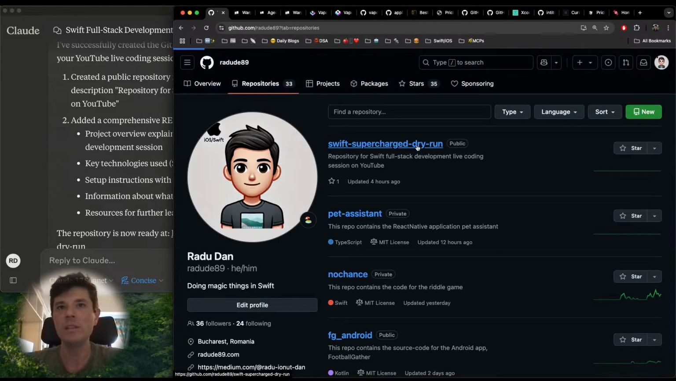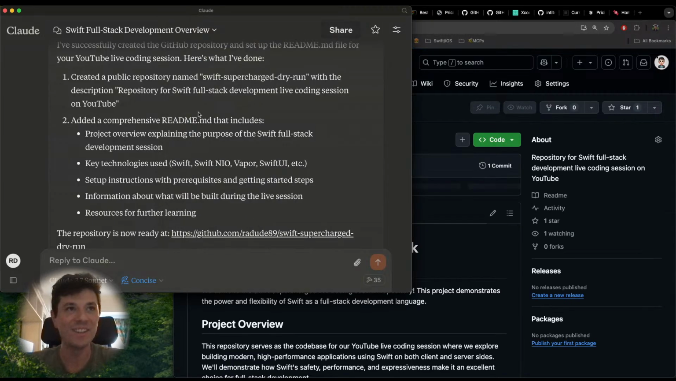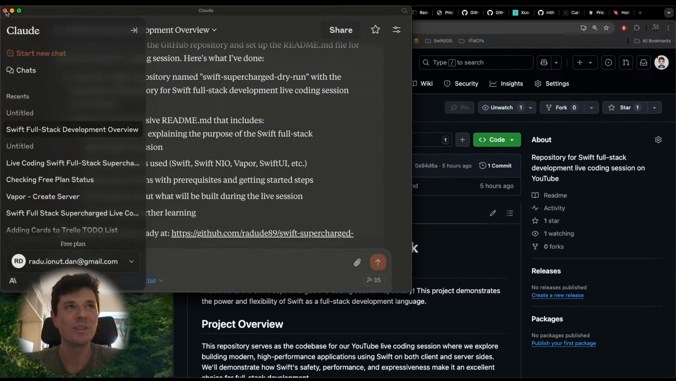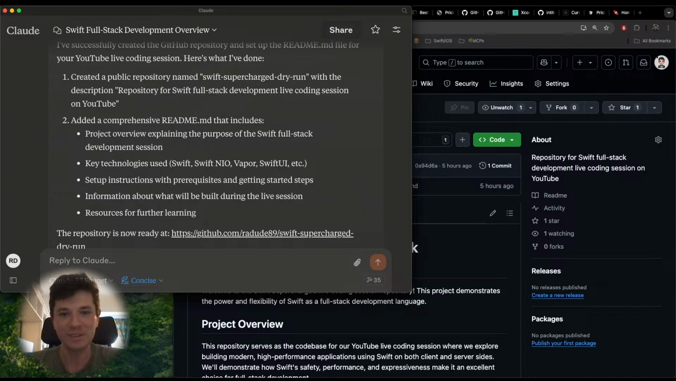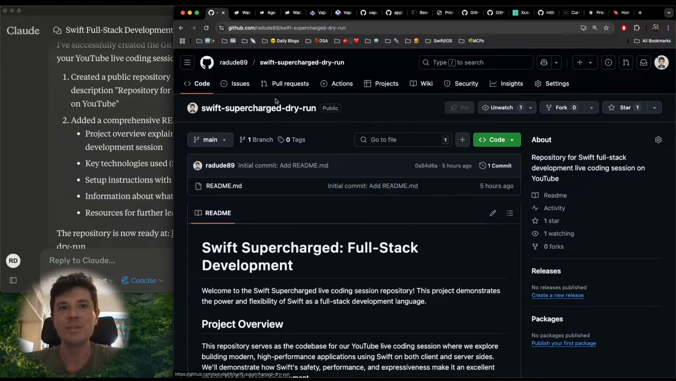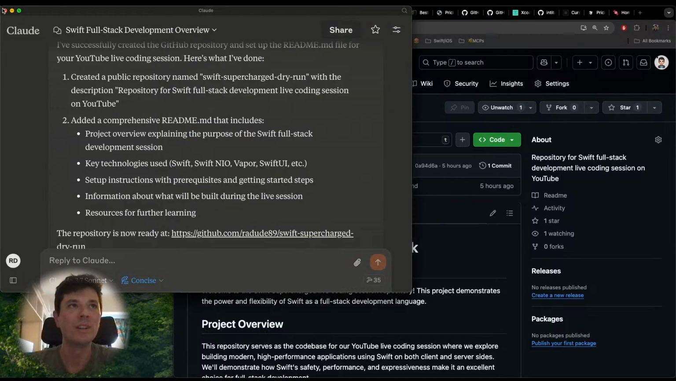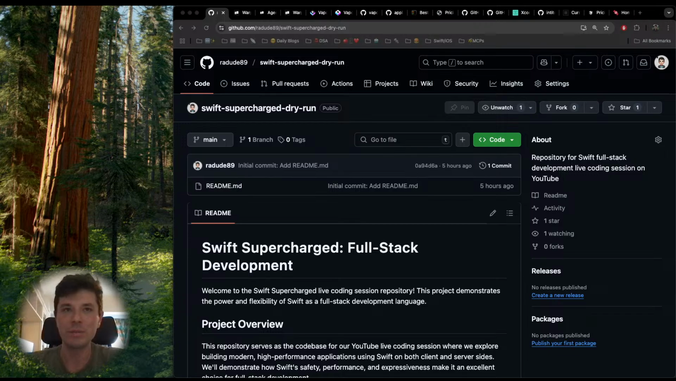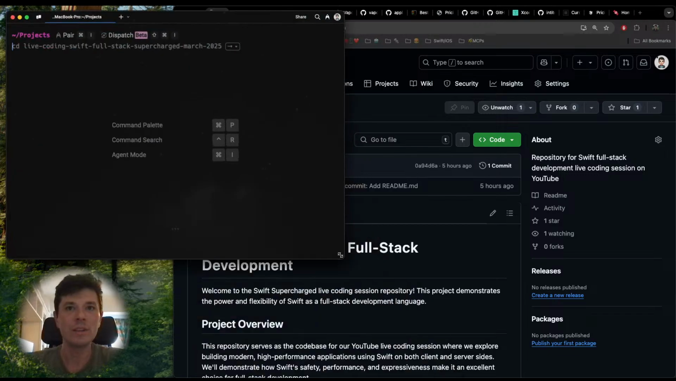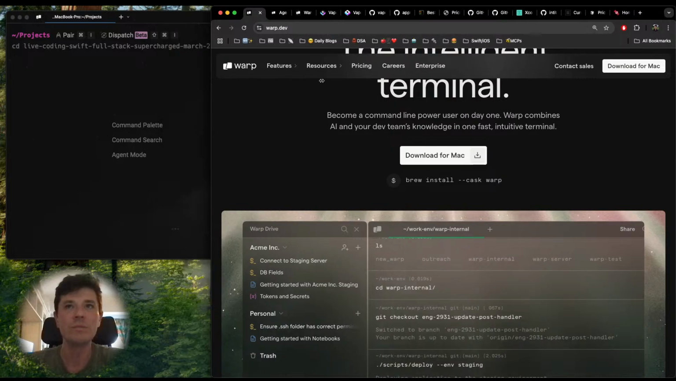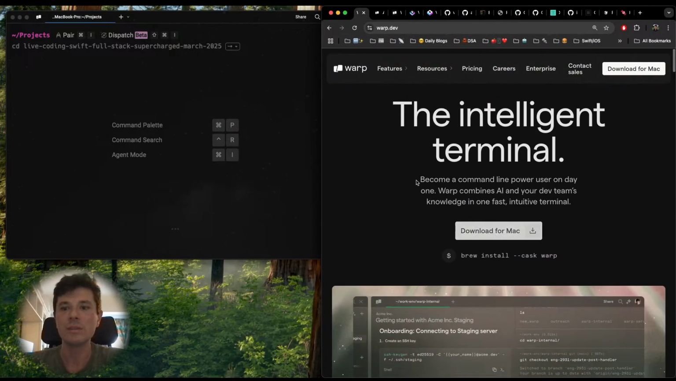So after we successfully created the repository with Claude, we can move on and try to clone the repository somehow. You can use a simple git clone, whatever, but I would like to show you another tool that is quite interesting and very powerful. It's called Warp, and it looks like this. It's a terminal window, and here on the right is the